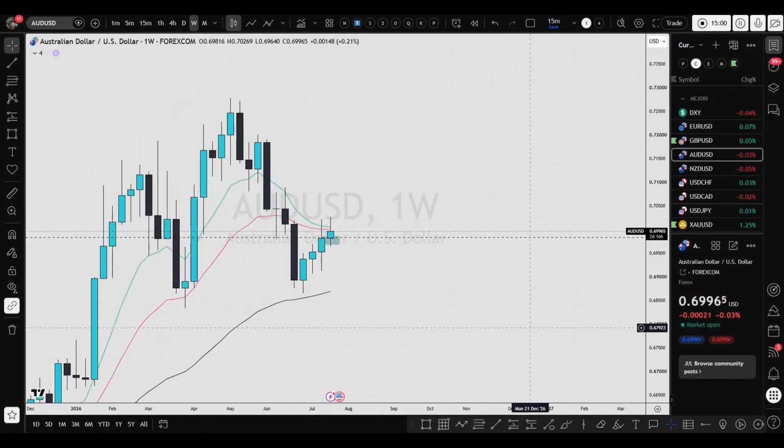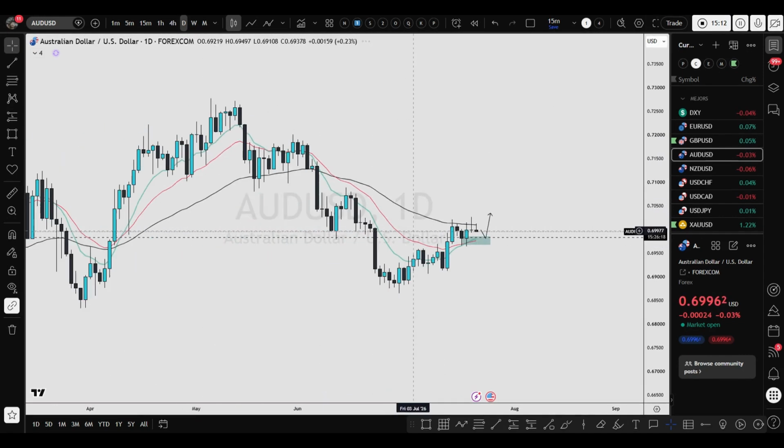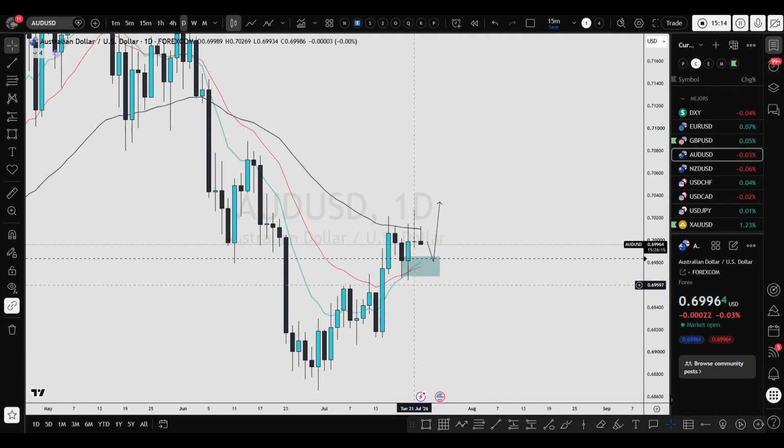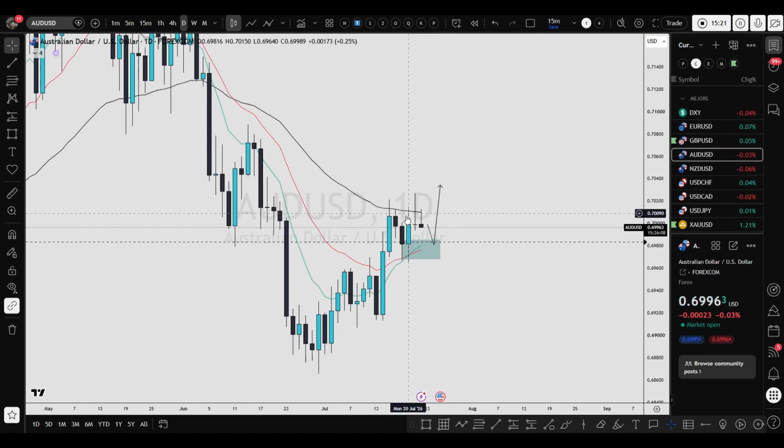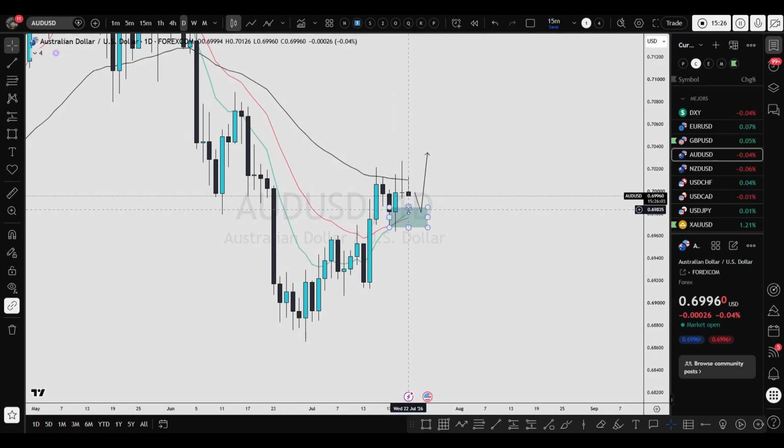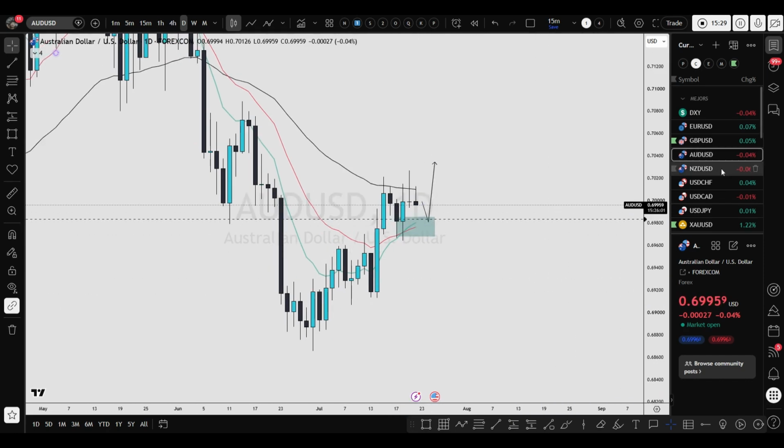Even though the environment in the weekly time frame is also changing, the 10 to 20 EMA is converging. It's still in a bullish environment, but it is converging. In the daily time frame, we are shifting into a bullish environment in terms of 10 to 20 EMA, but this rejection is coming from the 50 EMA. So it's possible that we're going to drop below this low too. I have my alerts on over here. Let's see how it unfolds.